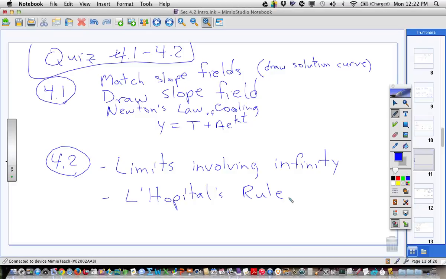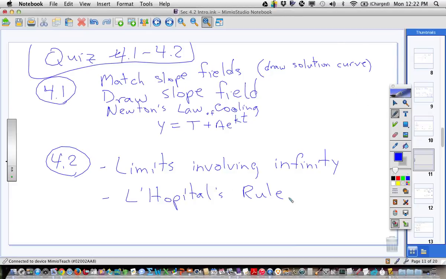Today, we're going to be doing these limits. We won't be talking about derivatives today, but when we get to L'Hopital's rule, it actually involves derivatives. Okay? And so, in Chapter 4, that's the common theme. What are the different things? Some are mathematical applications, some are real-life kind of applications. What are all the things we can do with derivatives? That's what Chapter 4 is basically